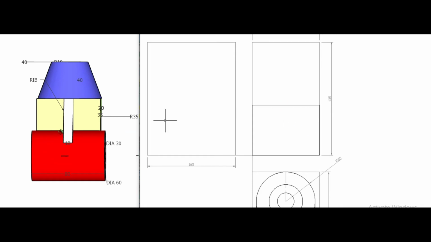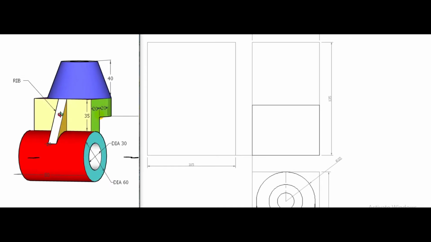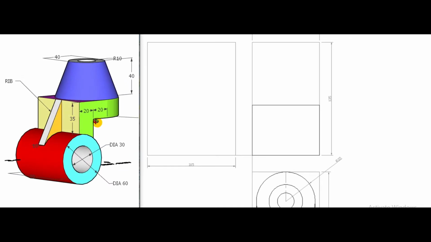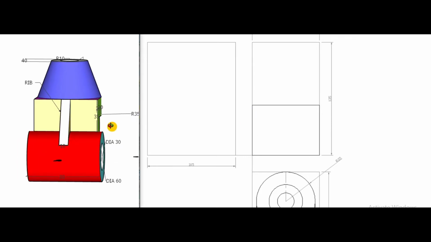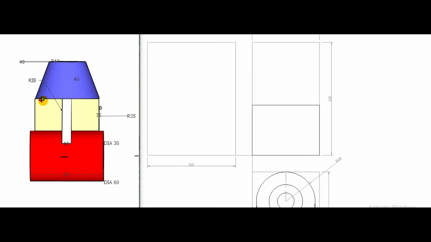This portion we have to show the wave. Then consider this, of which the height is 35 millimeter from this point, and this length is 70 millimeter. So from the midpoint, go 35 mm toward the right and draw this